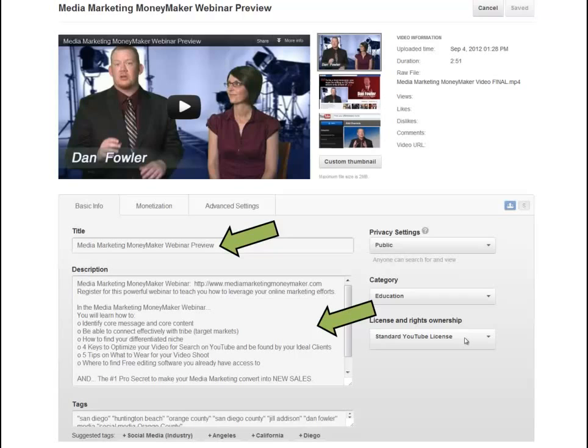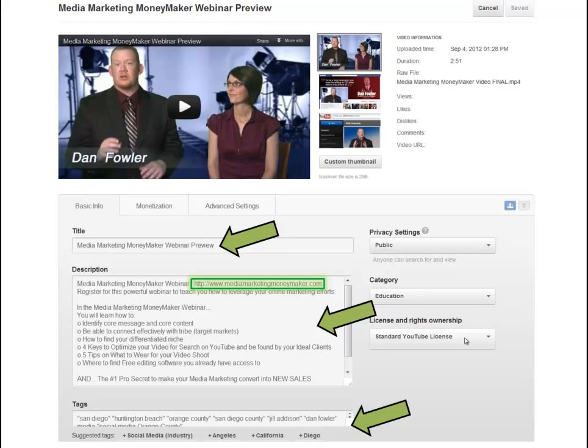If you also see, there's a very robust description as well, bullet points, and it continues on down below. And of course the tags below that as well, locational tags. These are keywords that you're associating with your video. And if you also notice in the highlighted green area, there's my URL. That's the website that I want people to be associated with or go to. And that's by putting HTTP://